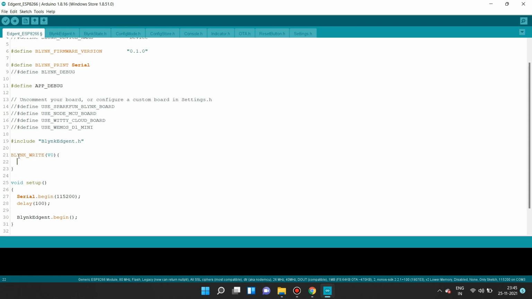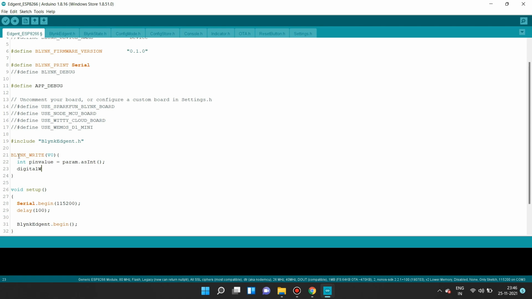And in that function just write int pinValue equal to param.asInt().